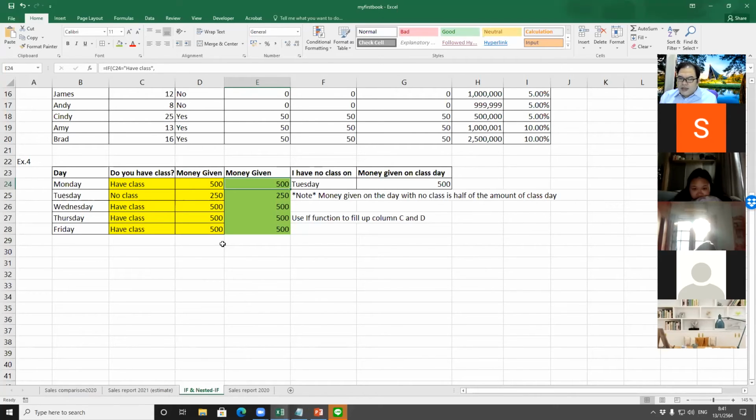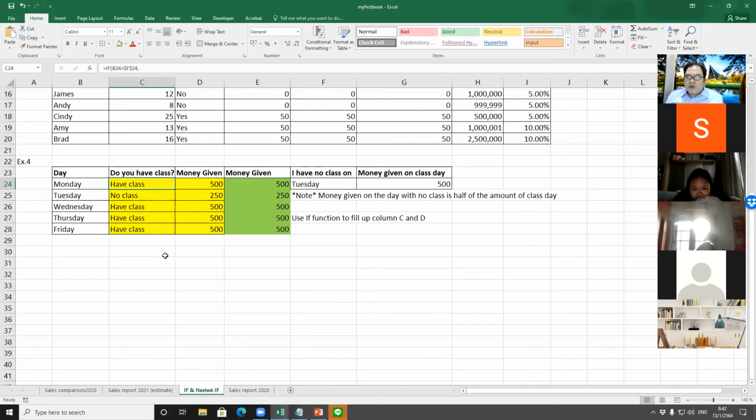But if we have no class on more than one day, you can see that the table in here, or the if function in here, doesn't fit anymore, because it might be possible that you have more than one day and then one logical test. Sorry, in the basic if function, you can have just one logical test only. So that's why it might not work. That is one situation. Another one,